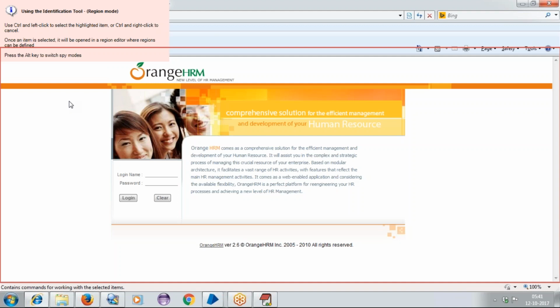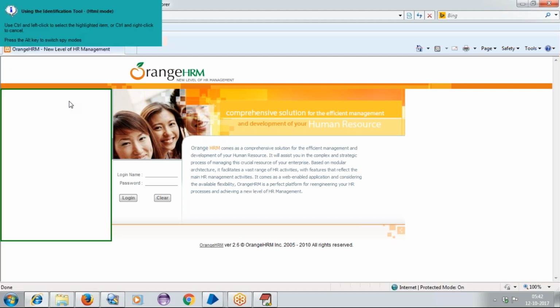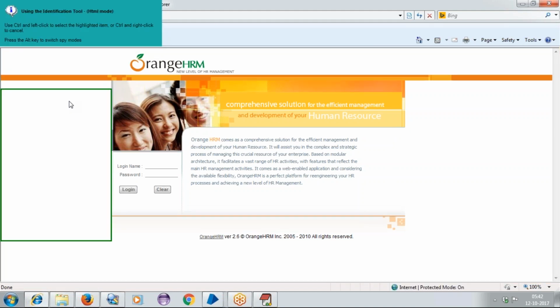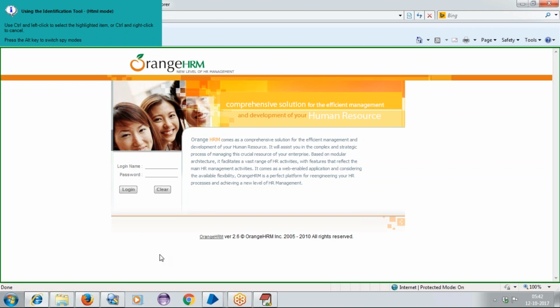This is used for surface automation. We said that we have the concept of surface automation, right? So to recognize images, we use the region mode here. So for now, we will use the HTML mode here. Once you are in HTML mode, move your cursor and it will get identified.